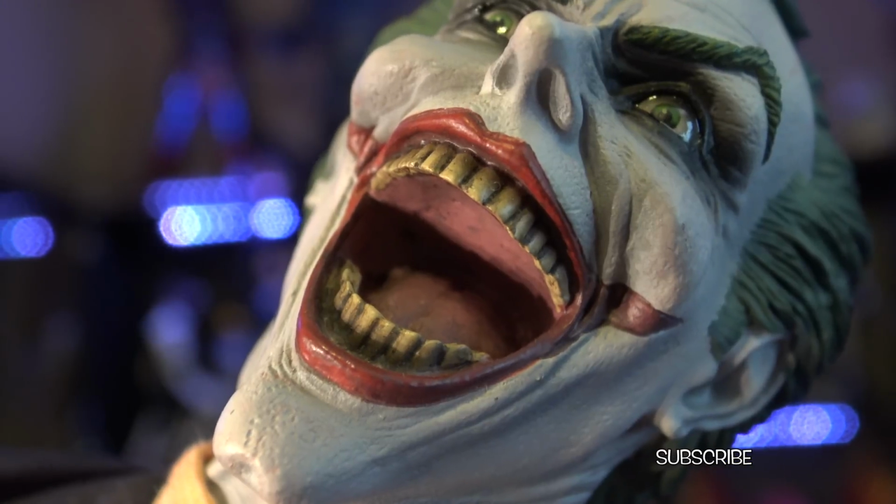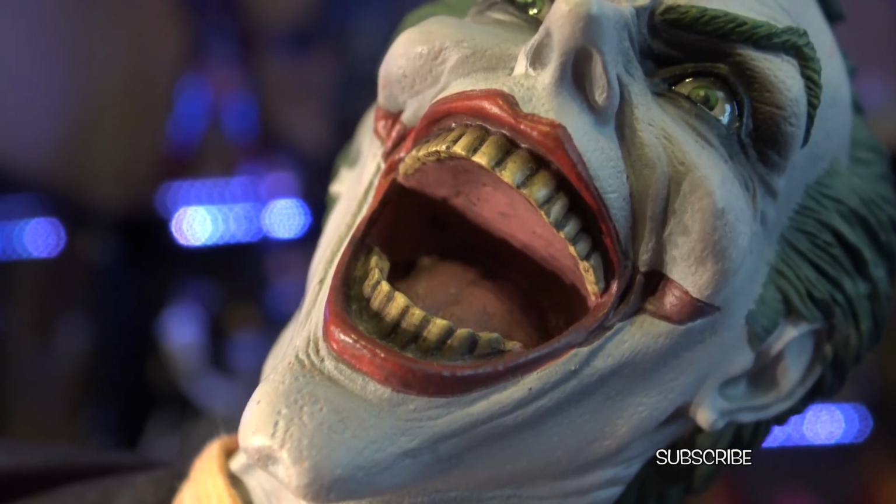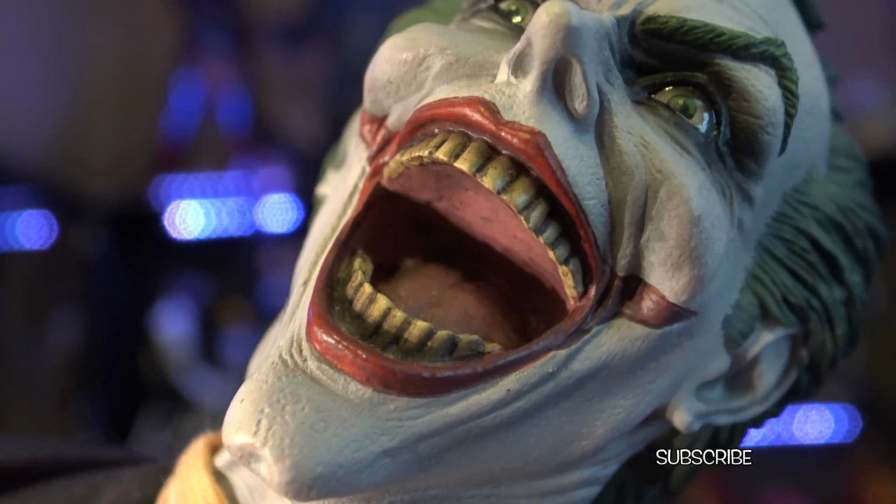And I would definitely have to say his mouth. I really love the way it's sculpted. I think the colors are done really good. It's just that I wish they would have put in a little bit of gloss inside of his mouth, because it's all very dry inside there. If it would have been glossy in the mouth, it would have just looked more lifelike, more realistic, more alive. And I really wish that they would have just packed in a lot of gloss in there,